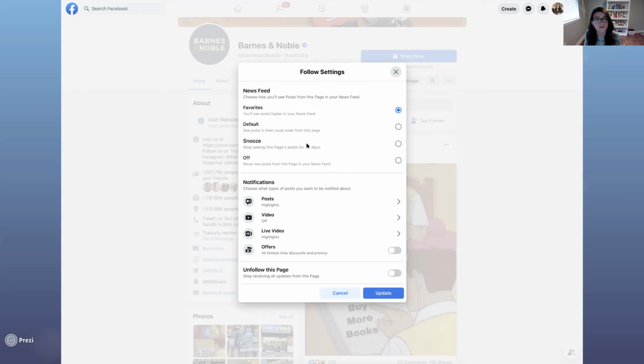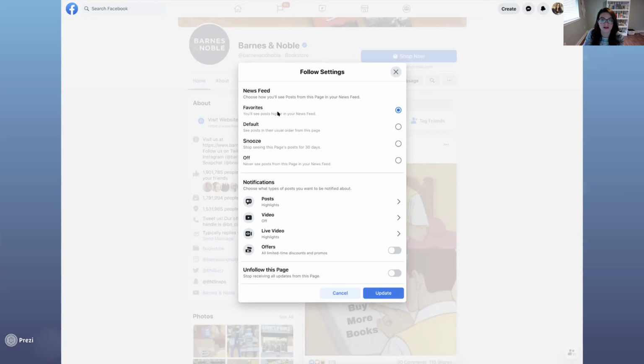You can do this for people too. So right now it's election time. I'm snoozing people and I'm unfollowing people like crazy, but I still care about them. So I'm staying their Facebook friend, right? But I don't have to see what they post. So you can snooze people, you can snooze the page, or you can even completely turn notifications for this page off. So you won't see anything from it. So you're essentially unfollowing the page, even though you have liked it.